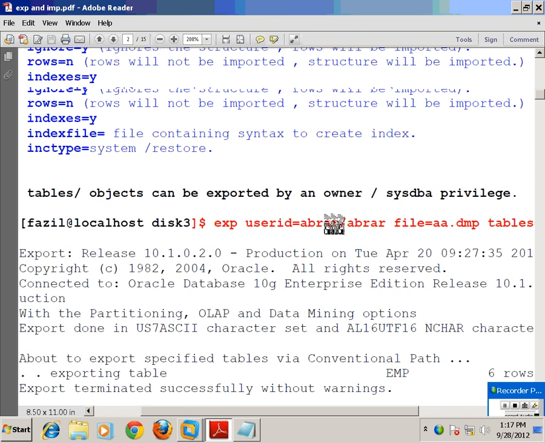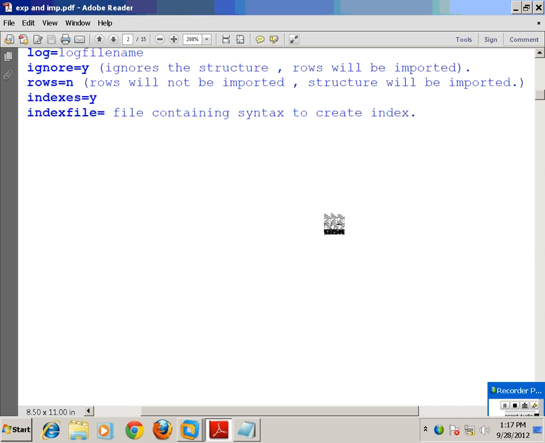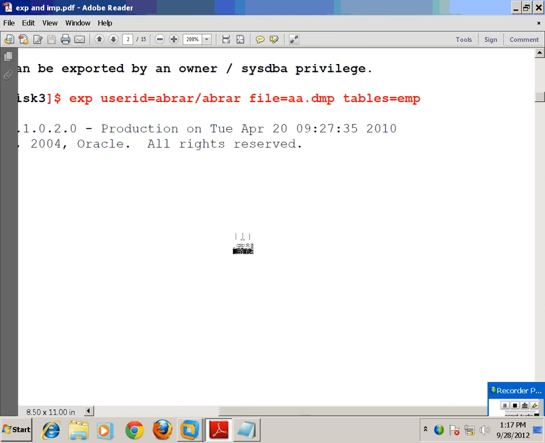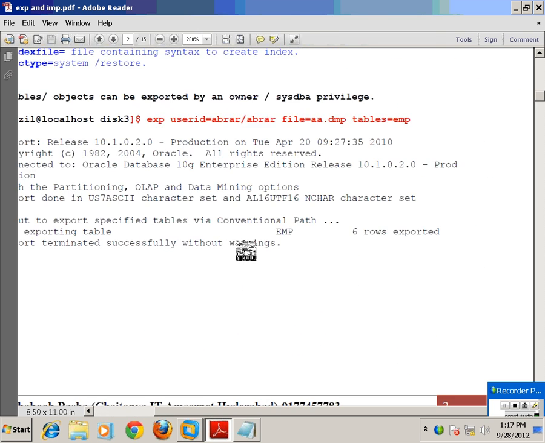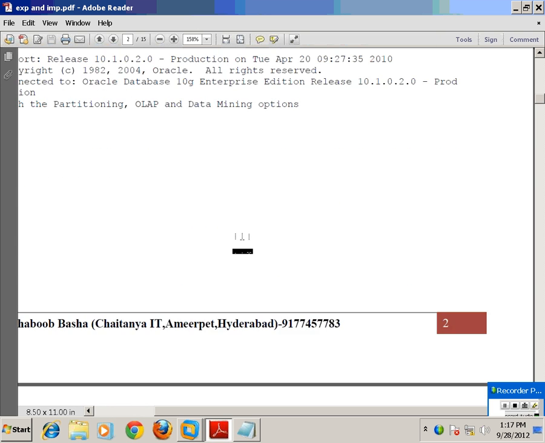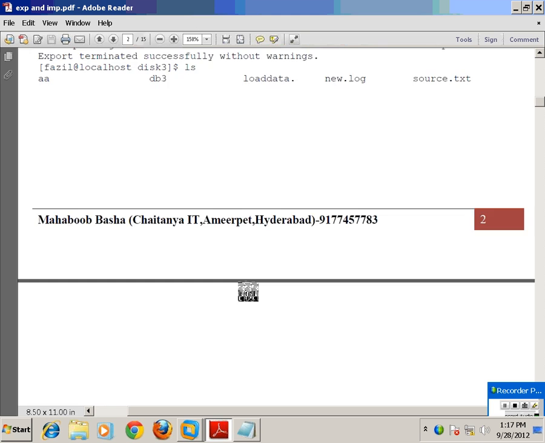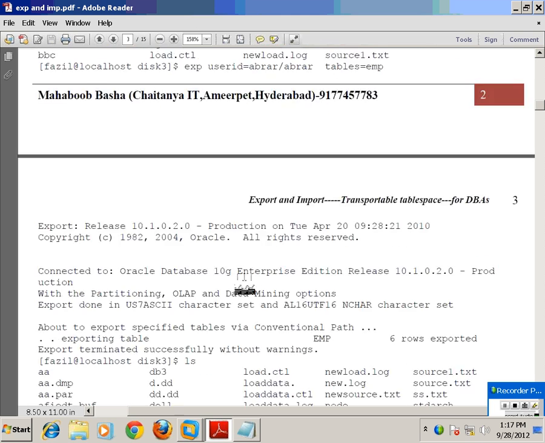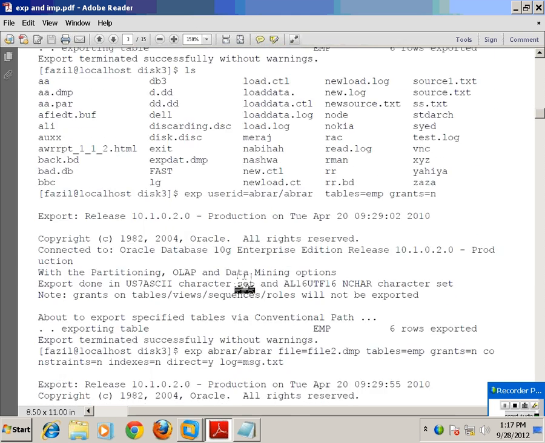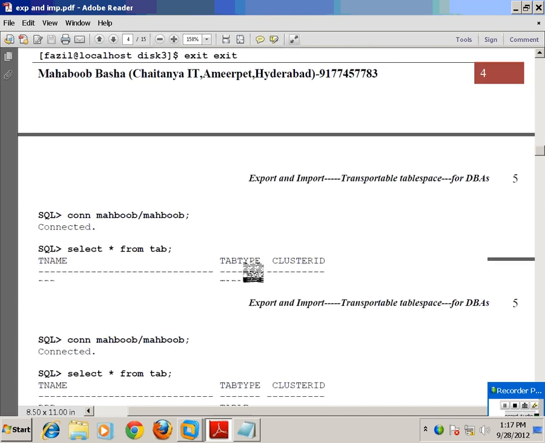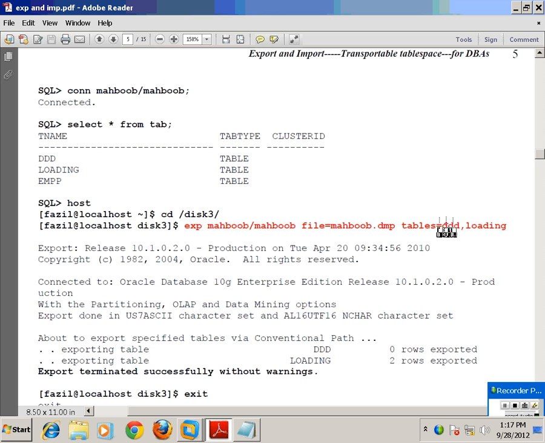See here, we have a lot of other activities. I am using export with userid, tables, table name, and you also have parameters like how to use the query parameter and how to use the parfile parameter.